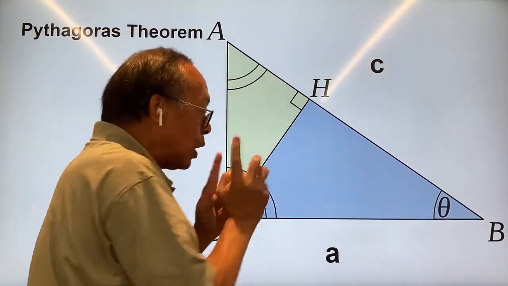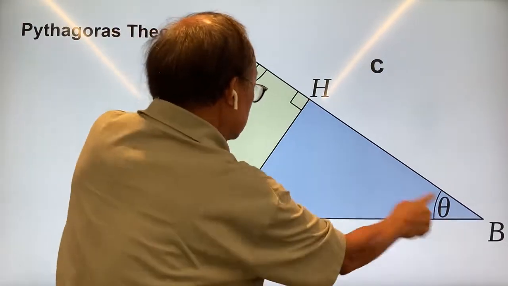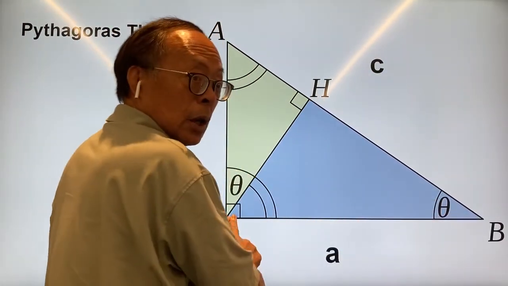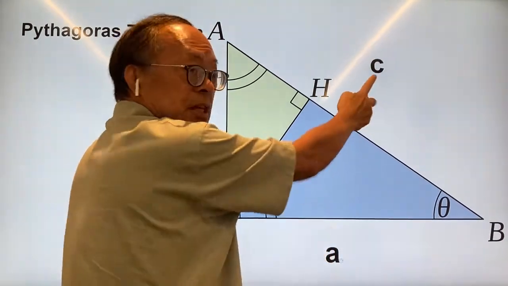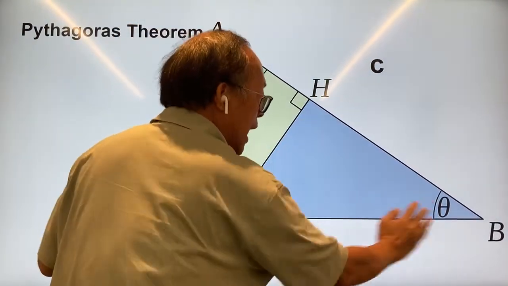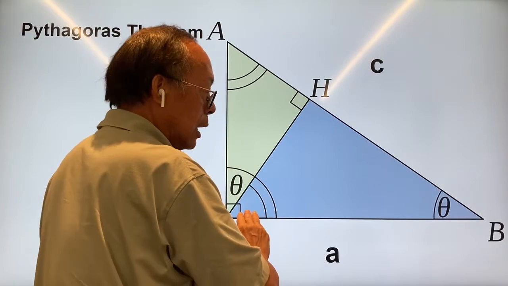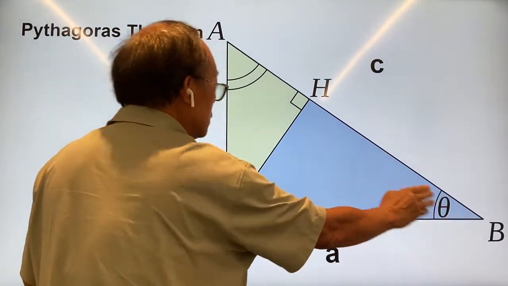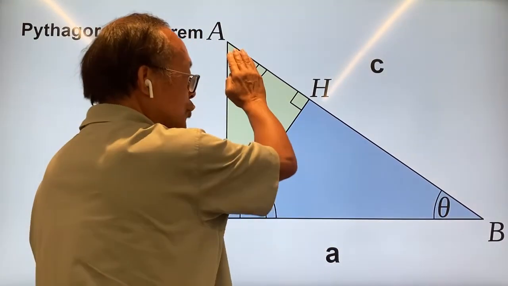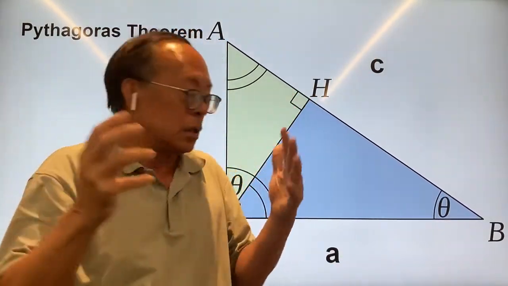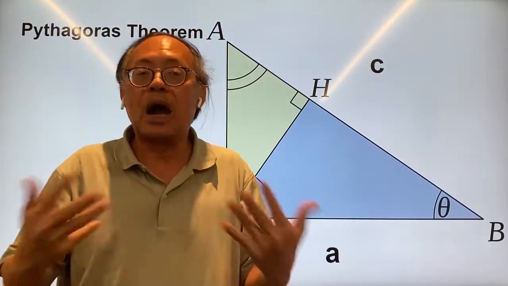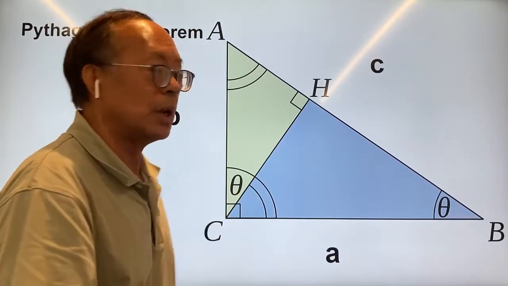area here. So what you have is that since these two triangles added together form a larger triangle, you would have a squared plus b squared equals c squared, because a squared, the area that is proportional to this triangle, and b squared, proportional to this triangle, add up to c squared, right? So therefore you would right away arrive at the conclusion that a squared plus b squared is equal to c